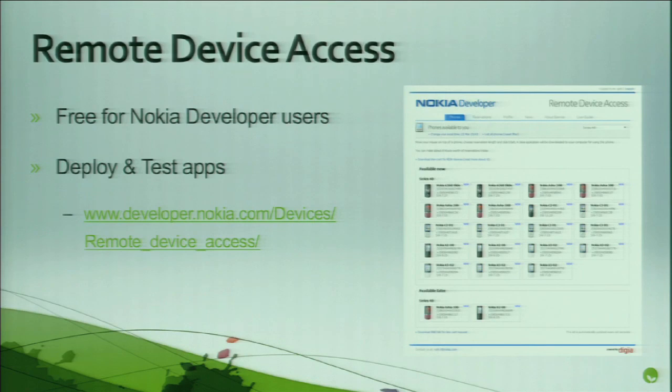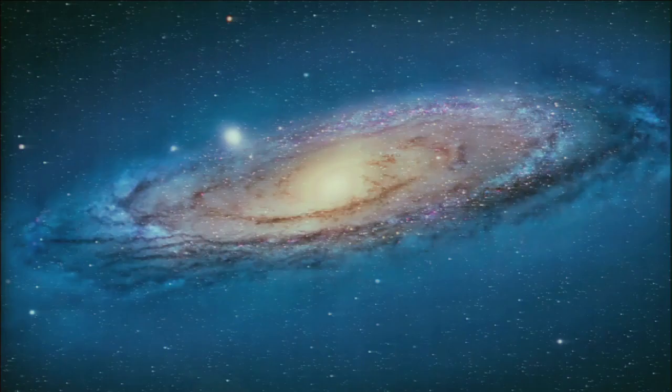So there's a lab in a Finnish city called Tampere in Nokia where they have literally hundreds of devices mounted in a dark room, and you can request access totally for free to each individual device. You can see the remote screen of the device, you can upload your items, your jars in there, and if we do have the network connection, I can briefly show you